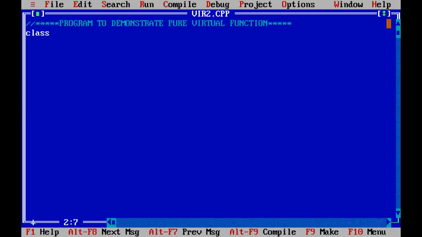So again we have to create one class. First we have to write the header files. #include iostream.h, then #include new.h.